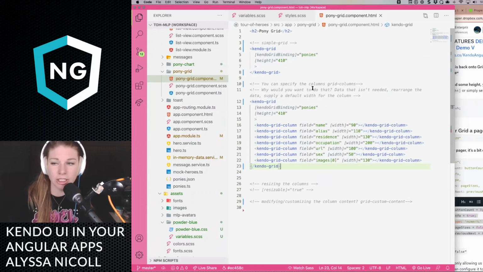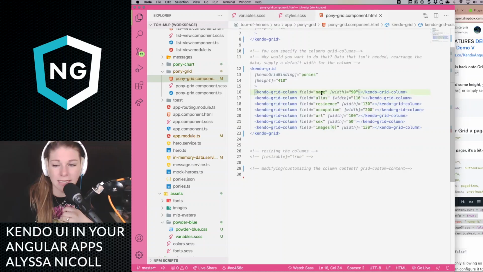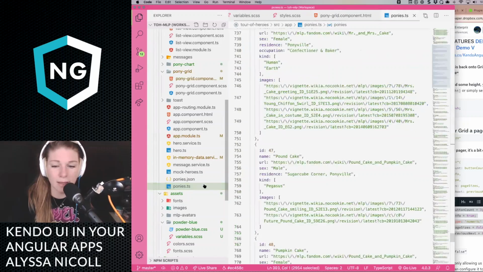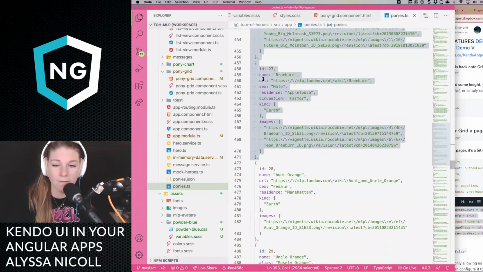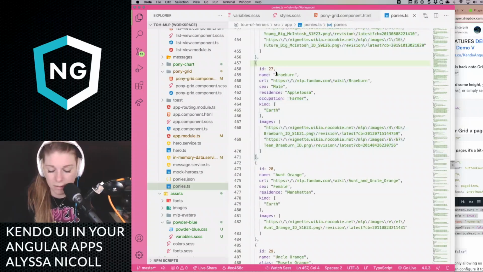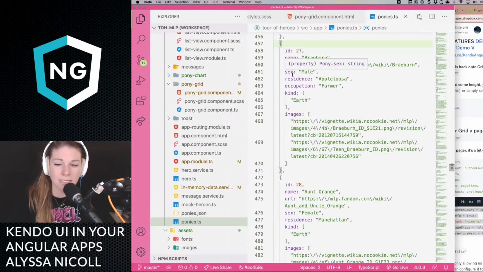The next question I would have is, how do you customize the columns, right? You can actually specify a Kendo grid column and give it the data piece that it's going to be pulling out of. This is local data, so if I show you, I'm going to make this a little bit bigger: you have ID, name, URL, sex, residence, occupation, kind, and images.